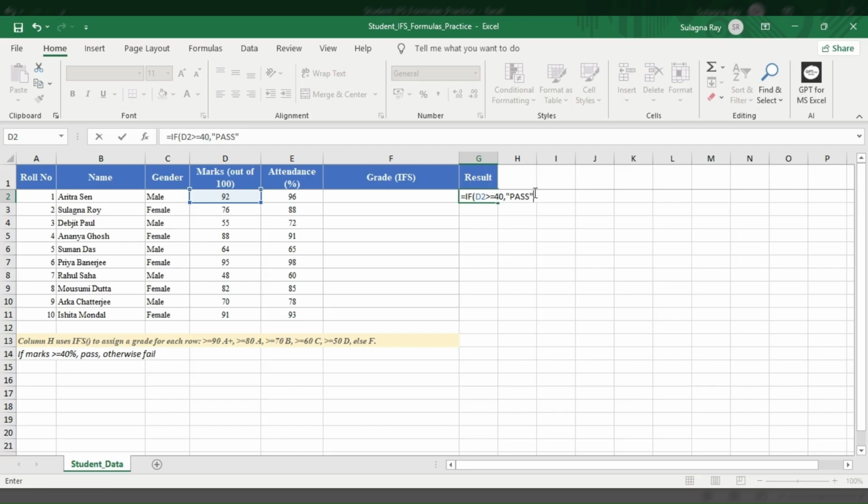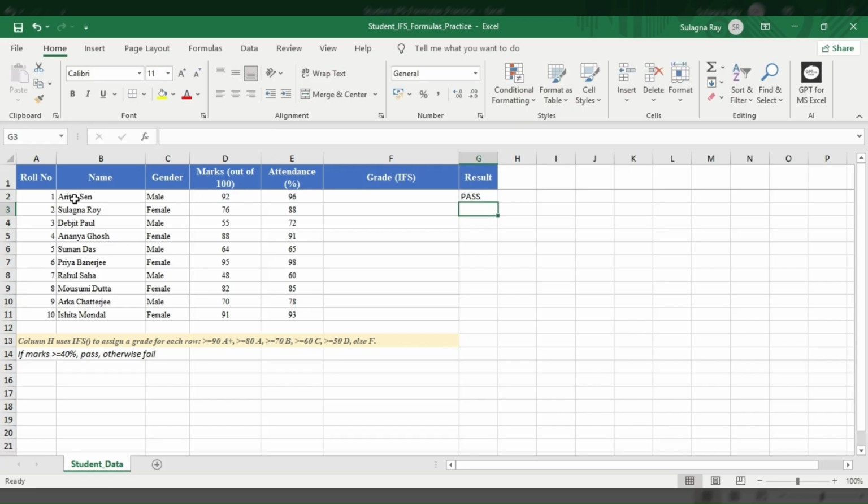Then again press comma. Next we have to write the outcome which will be returned whenever the logical test is false. That is whenever the marks of the corresponding student is less than 40, the outcome will be fail. So type fail within inverted commas, close the bracket and press enter.